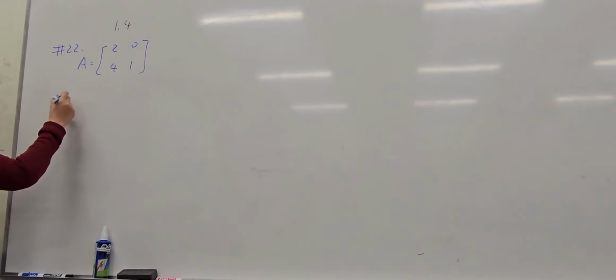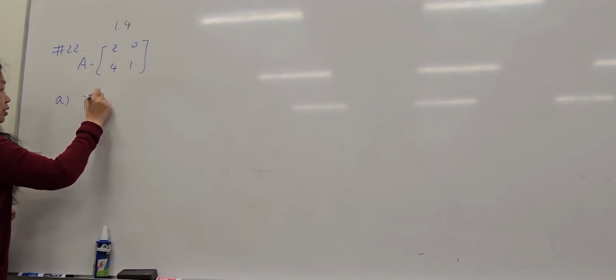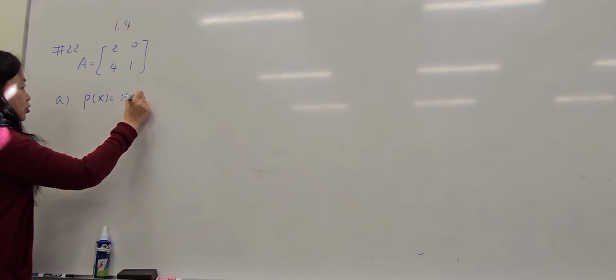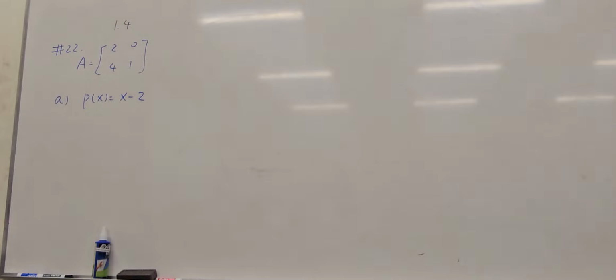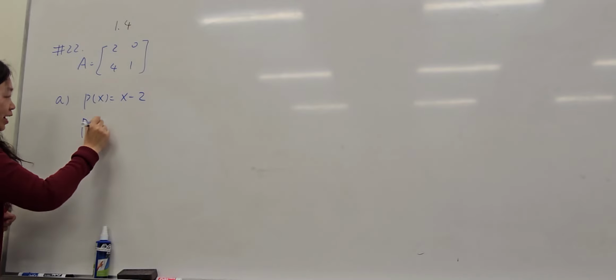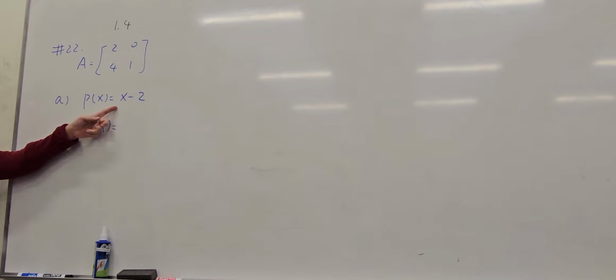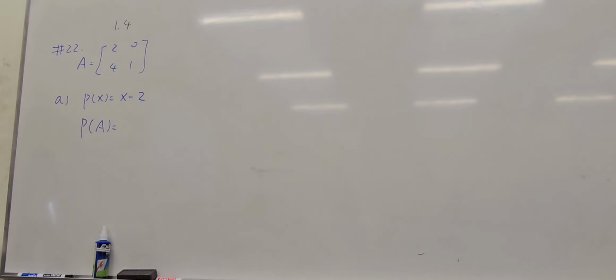Yeah, given the matrix A = [[2, 0], [4, 1]], they want to compute a polynomial from it. They said part A is p(x) equal to x minus 2. So they want to compute p(A). You are given p(x) equal to x minus 2, and they want to compute p(A). So that means